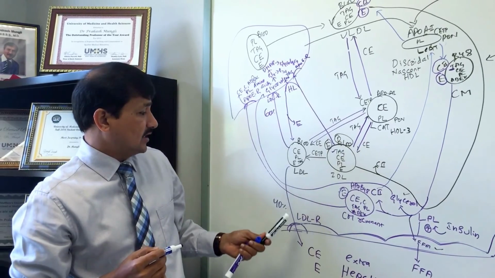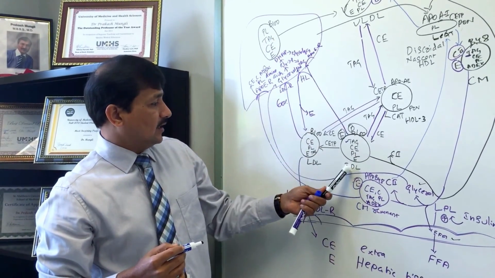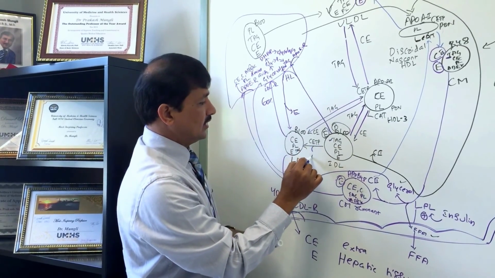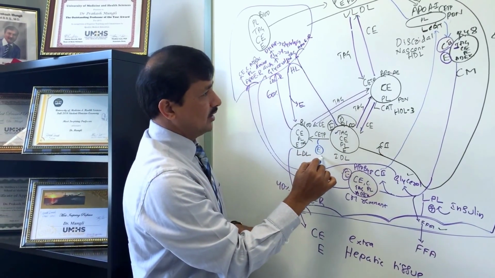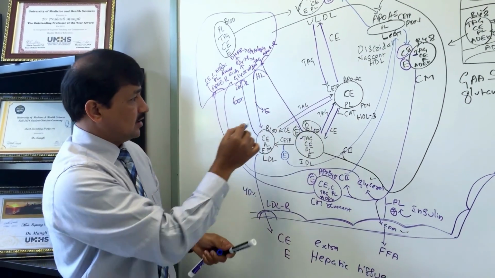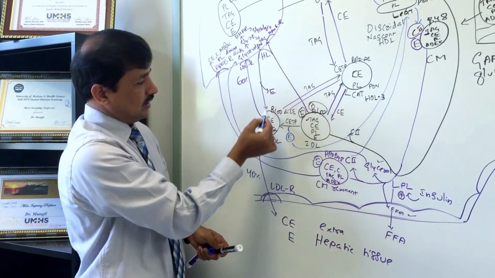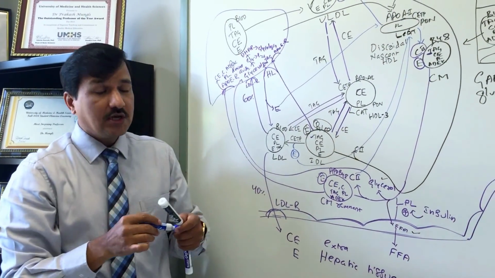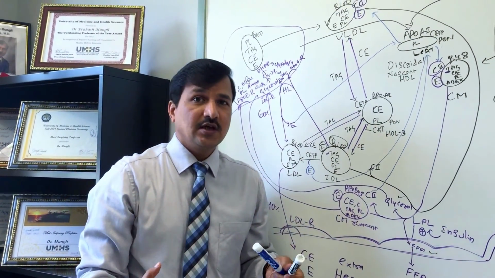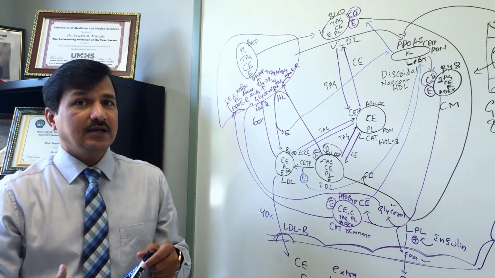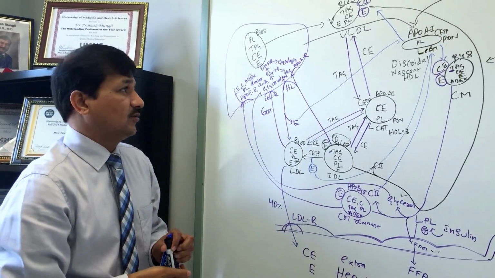And also, as I said, IDL is converted to LDL. So there will be release of ApoE here. This ApoE will be going back to HDL. And as given here, IDL to LDL, ApoE goes back to HDL. It means HDL will donate apolipoproteins whenever these other lipoproteins need apolipoprotein molecules.